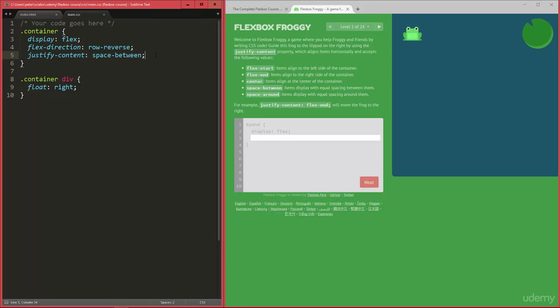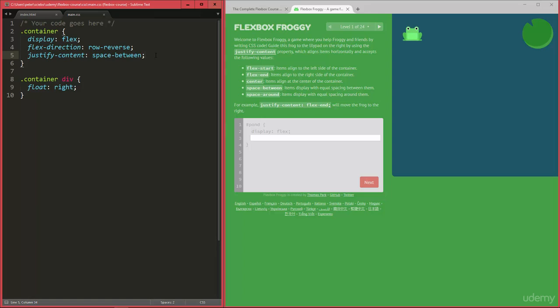So if you can, make sure to get one that has some good auto-completion for you and can help you with learning Flexbox. But don't worry, if you do all the quizzes and maybe use Flexbox Froggy from time to time, take a look back at the showcase to just get a quick reminder you're going to have no problem at all using Flexbox in practice and knowing which properties to use. But if there still is any kind of material where you would say that would be really useful, then just let me know in the Q&A and I'm going to see if I can create that for you.